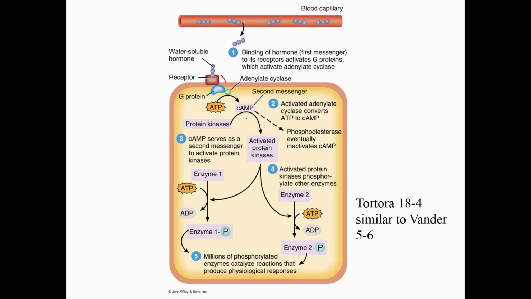We have some exceptions along the way. Atrial natriuretic peptide works through cyclic GMP. Dr. Olson taught you about insulin. Insulin works through a tyrosine kinase, but cyclic AMP is a very widespread second messenger system. And hopefully you remember how this works.